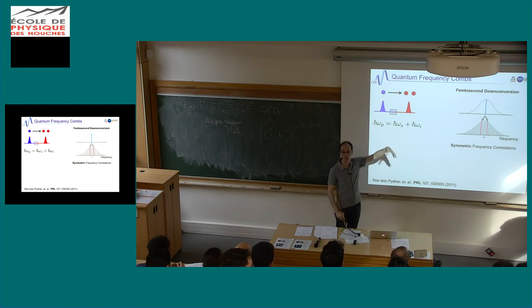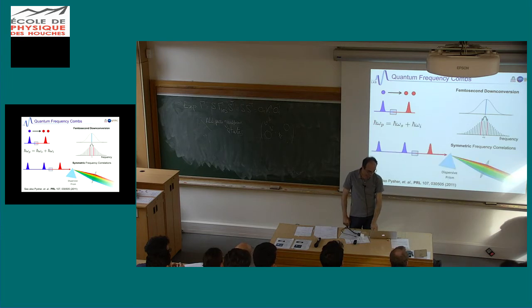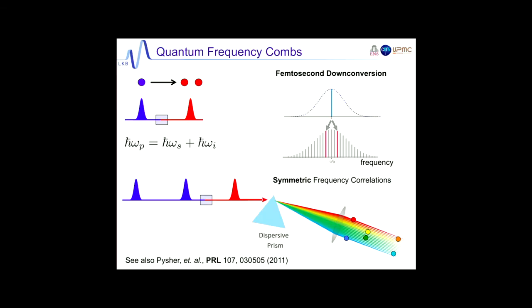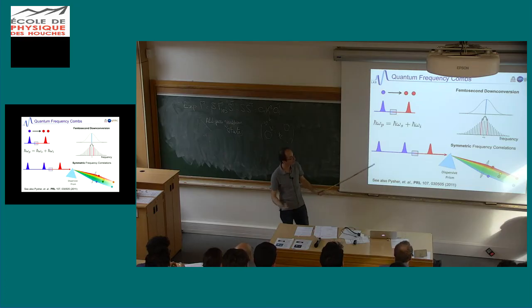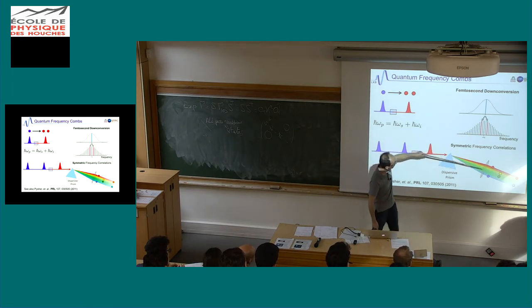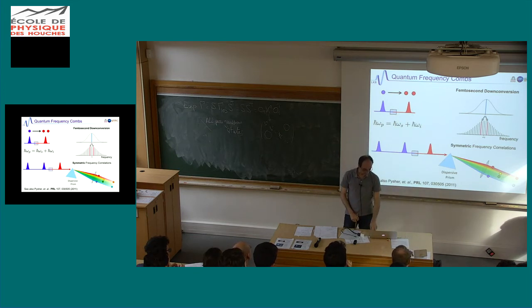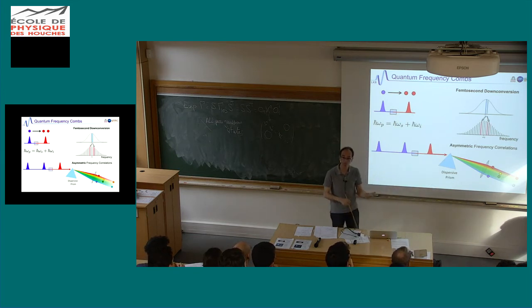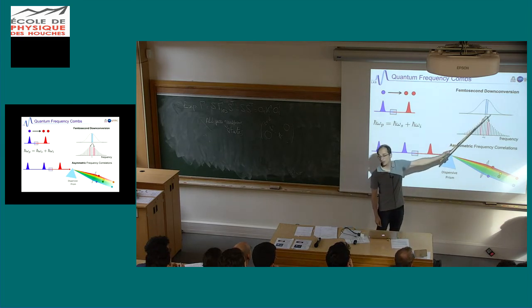Okay, so here I really tell you the same as I said before, but with small drawings to make it clear. If I have this kind of setting, this is very similar, I would say, to the Ongo Mendel experiments, you would get pairs of photons which are symmetric relative to the mean frequency if you have a single frequency pump. But because the pump of our system is also a pulse, it's also composed of different frequencies. So now if you take a second frequency of your pump, it can generate 2 photons symmetric to this one. So now you will correlate these 2 frequency bands. And if you take a third line, it will go here, and so on.